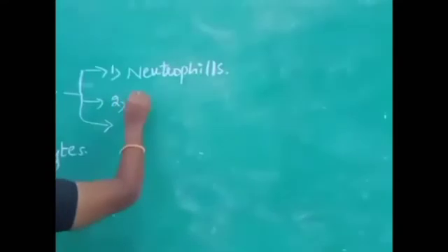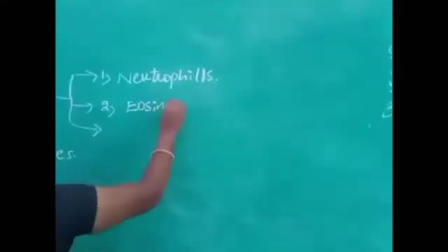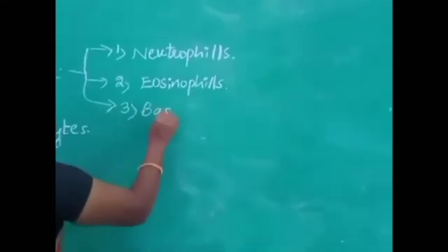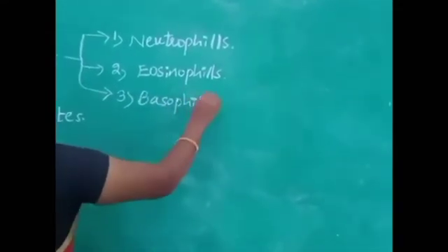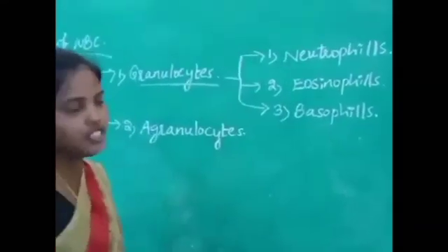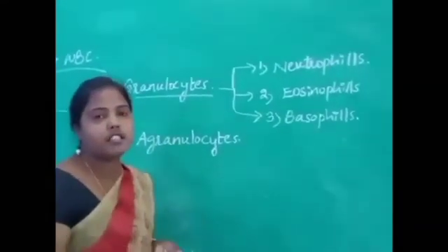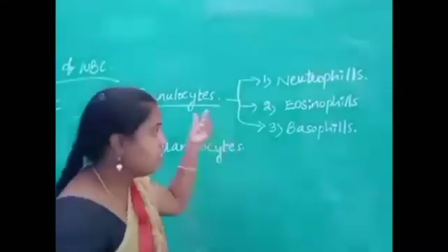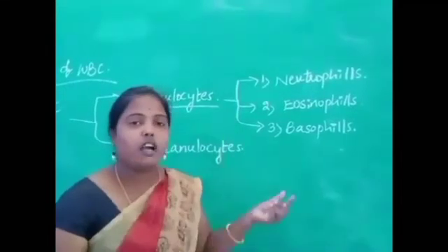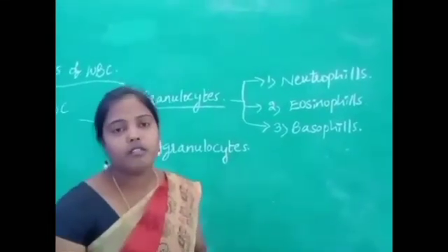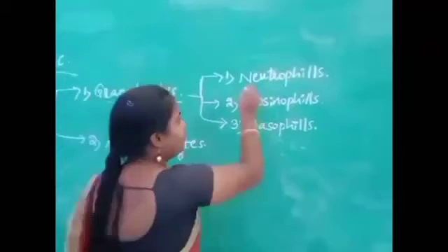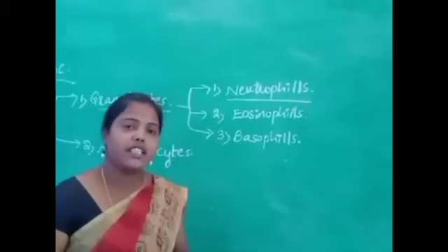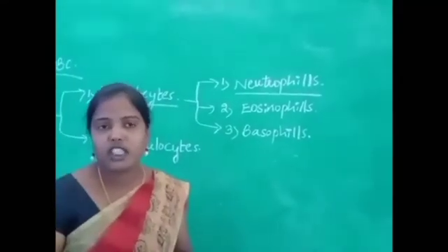Second one, eosinophils. Third one, basophils. Neutrophils, neutrophils are very important. They are the first to attack the harmful microorganisms entering into our body, and they kill the harmful